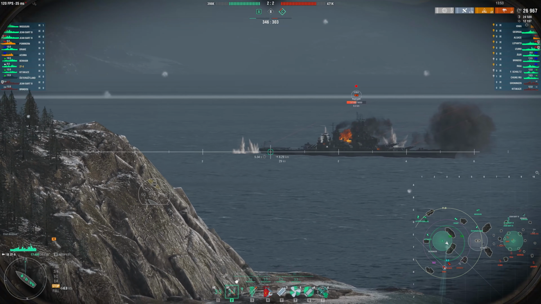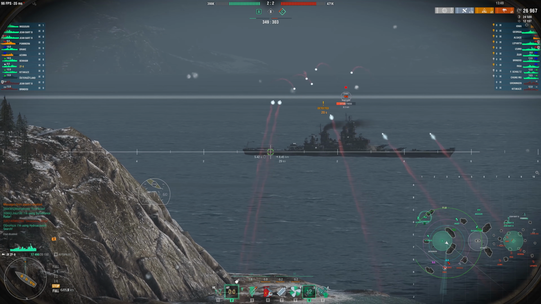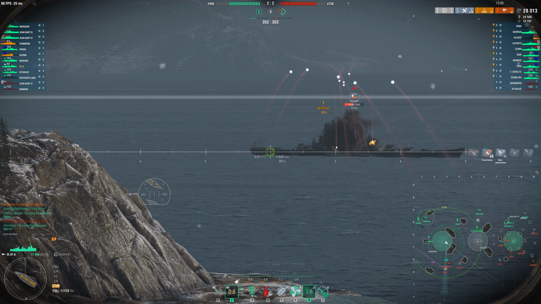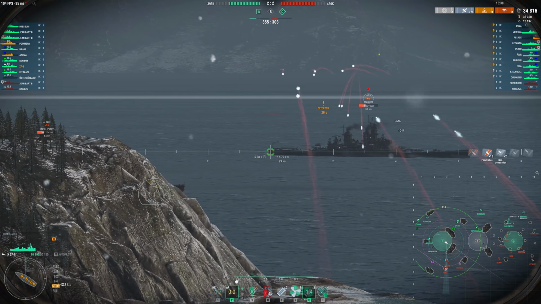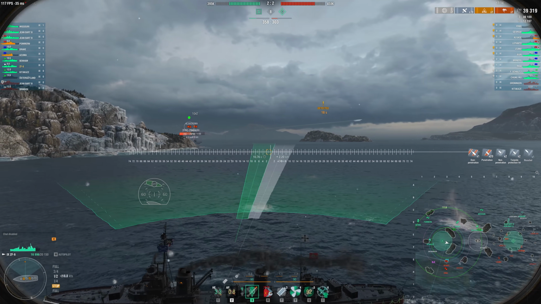In this game, I was actually hoping to run into the Schultz because, well, we all know how gigantic those German DDs are and how fun it would be to use a reload booster AP on them. But the damage we get out of this is pretty solid, honestly. 2,000, 3,000 damage per salvo, and that adds up quick, especially when you have around a 1.5 second reload with